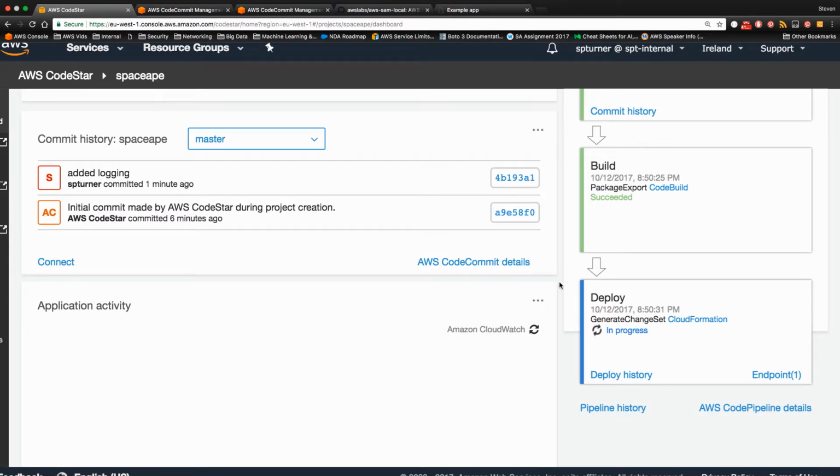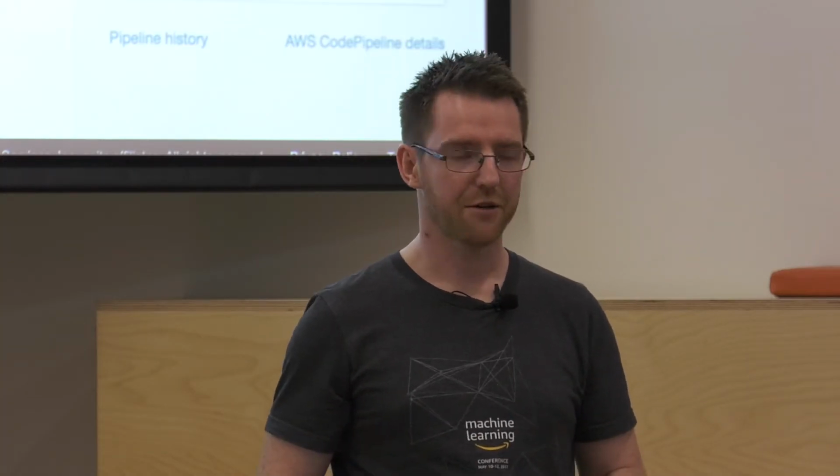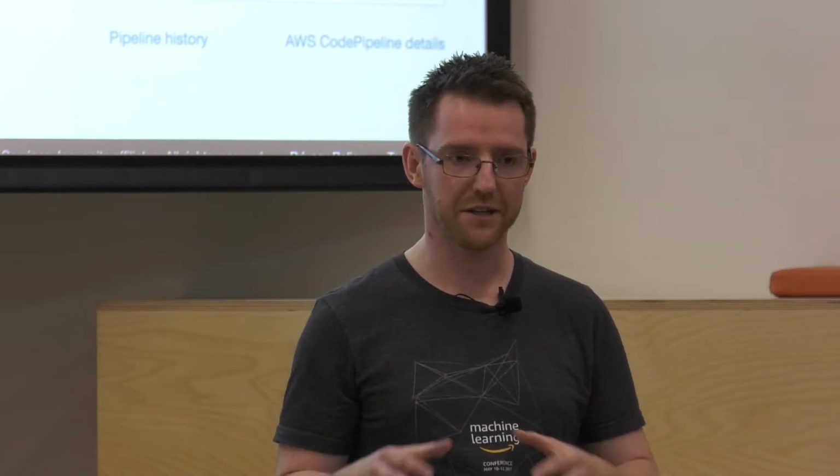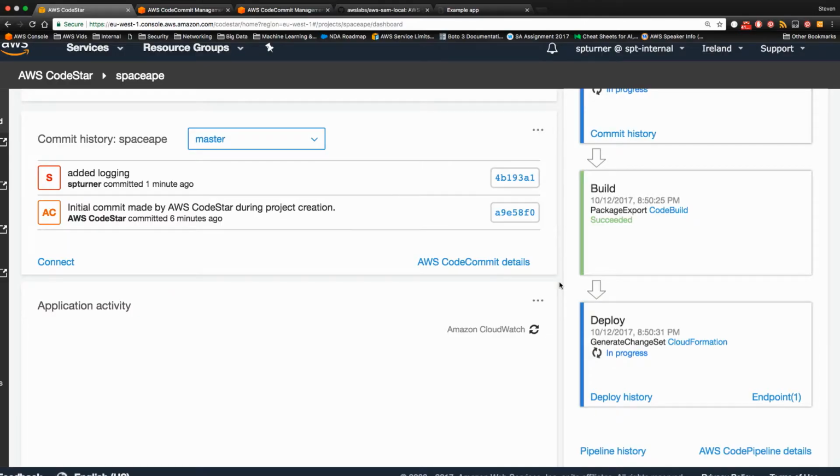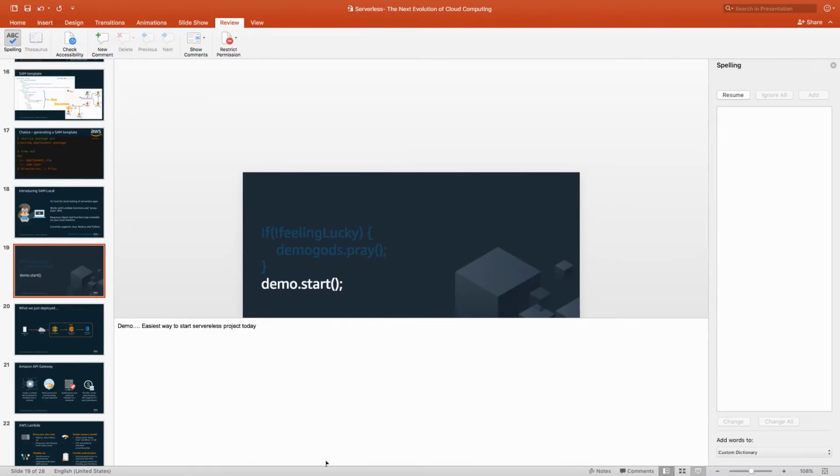So, that's just a really, really basic demo for you, but it's a way of trying to describe how quickly you can create something like a serverless demo, and you can actually work on it locally as well as in the cloud, so you don't have to be always connected in order to run these things. So I'm just going to jump back to the presentation itself, and I think I was feeling relatively lucky there. I think that went fairly well.